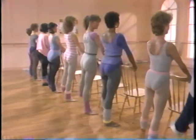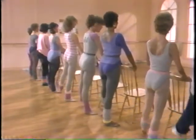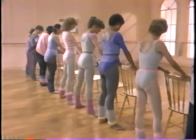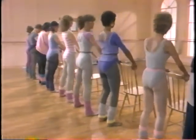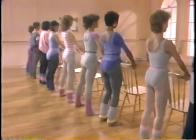6, 7, 8, now feet are apart, parallel, toes straight ahead. We're going to start by bending our knees and bend, heels are up, straighten the legs and lower the heels,